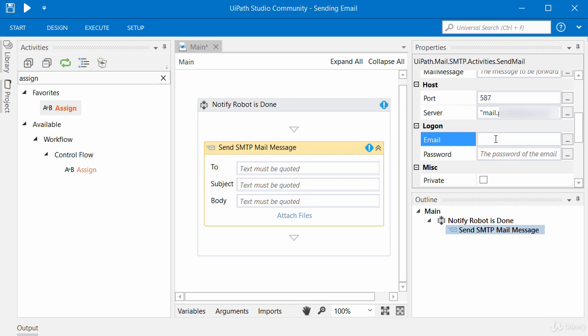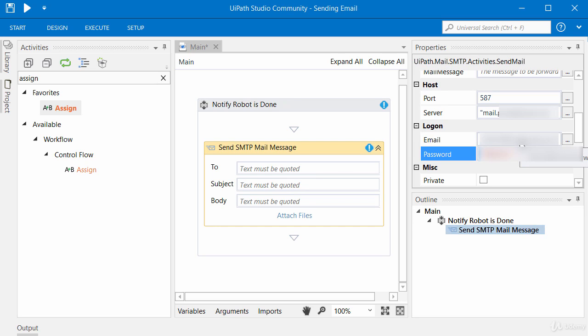So again, I open my double quotes and it automatically closes the quotes for me. I won't need to type that ending quote. I'm going to blur this out, but I'm typing in a normal email address. And for password, I'm opening my quotes again, and I'll type in my password, and that shows up here in clear text. So obviously typing in our email address and password here in clear text is not the best way